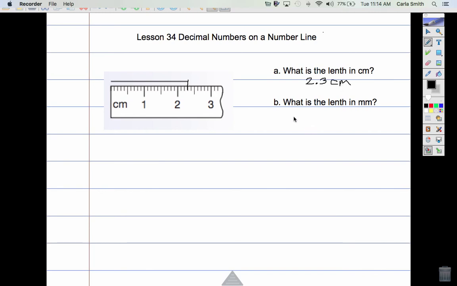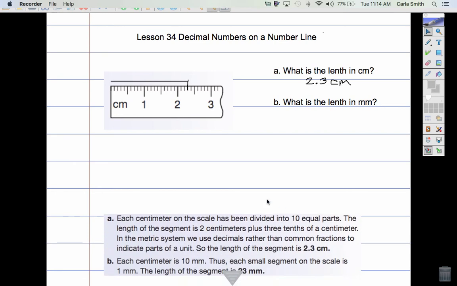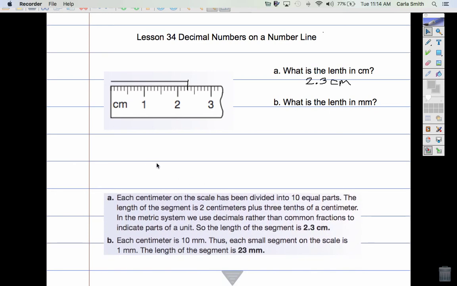And then I need to determine what my length is in millimeters. Each centimeter on a scale has been divided into 10 equal parts. So each centimeter is 10 millimeters, like we've showed before. Thus, each small segment on the scale is 1 millimeter. And the length of the segment, if we counted those individually, I could go 1, 2, 3, 4, 5, 6, 7, 8, 9, 10, and so on, to find that it is 23